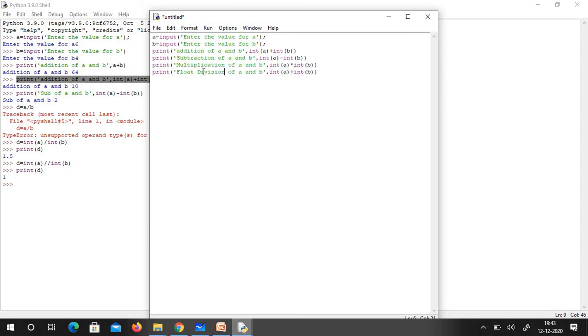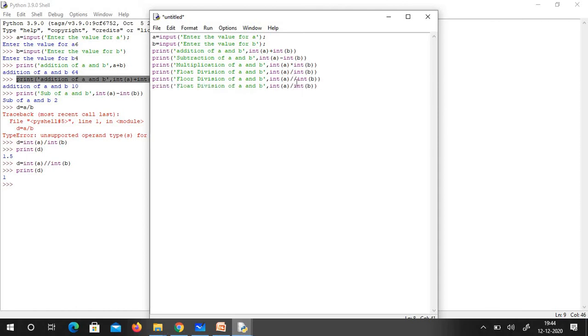Division, here it is only one sign, and the same thing I'm just going to copy. So instead of float we'll try floor. Just see what happens if I give floor. Floor division of A and B. Let's see after running this.